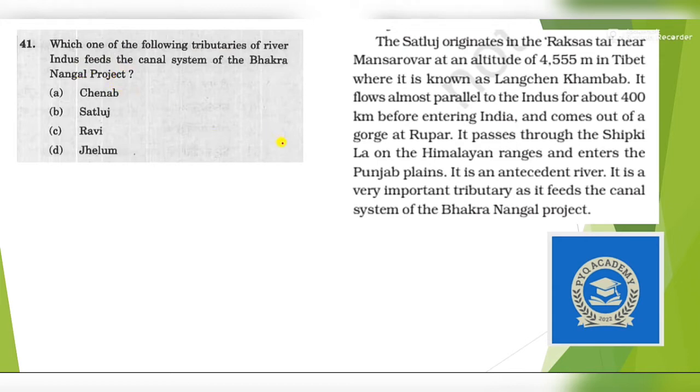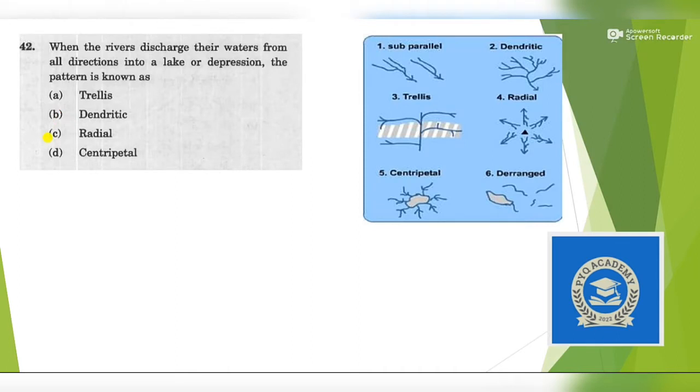If we go through the India physical drainage chapter, you will get to know in the column of the Satluj river, it is an important tributary and it feeds the canal system of Akron. So yes, the Satluj river feeds the canal system of the Akron project. Next question. When the rivers discharge their waters from all directions into lakes or depressions, it is a pattern